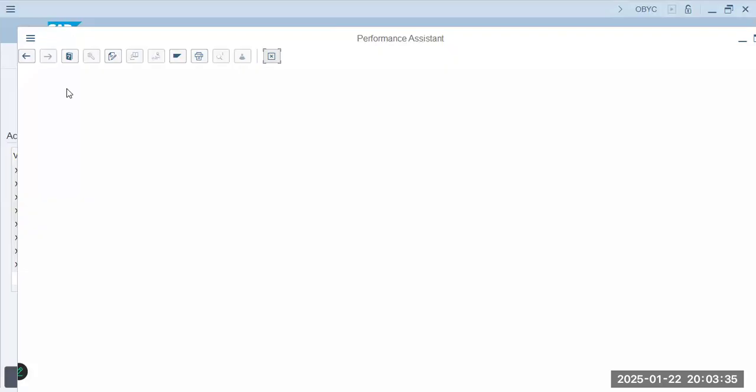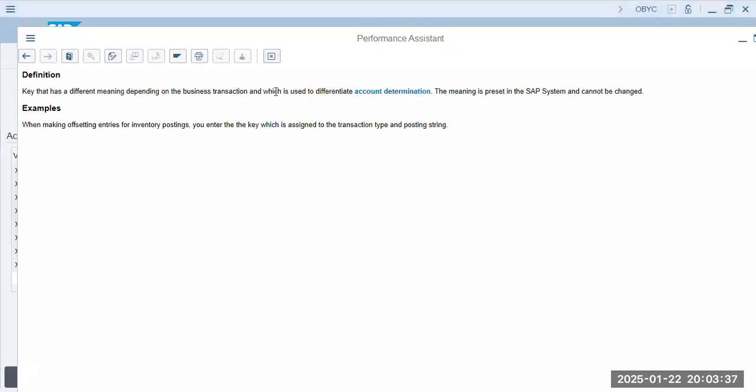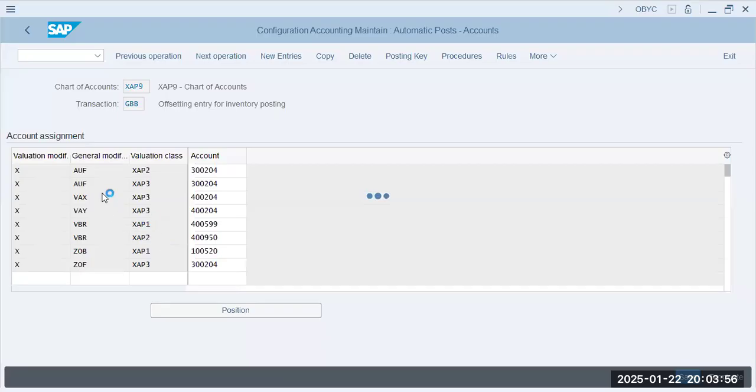It says that it is a key that has different meaning depending on the business transaction, which is used to differentiate account determination. The meaning is preset, it's already set in the SAP system and cannot be changed. When making offsetting entries for inventory, you enter the key which is assigned to the transaction type and posting string. SAP is a bit vague over here. So basically, these are